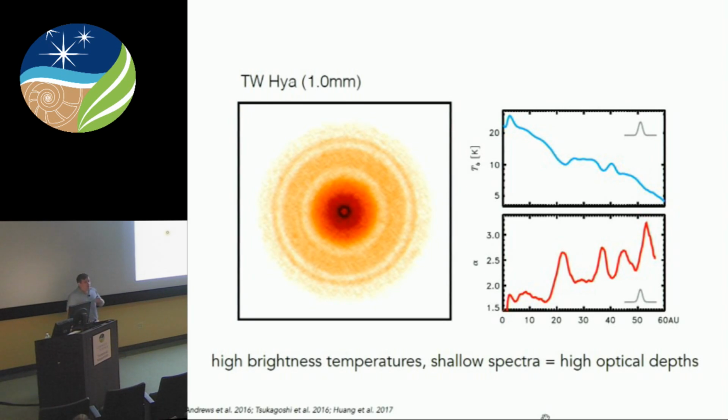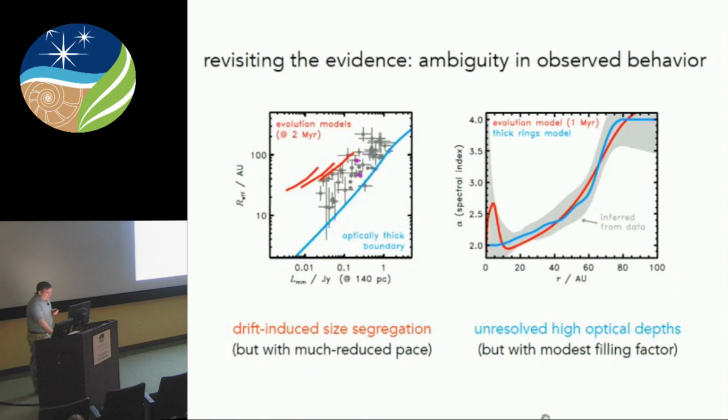So HL Tau is quite clearly optically thick out to about 40 AU. I'd say the optical depth has to be like 10 or more. TW Hydra is a much more marginal case. The optical depth is about 1, right? Because the brightness temperatures are lower than should be possible in thermal equilibrium in this system. So now I want to revisit sort of the evidence here and just state that, all right, I don't want to do too much based on 2 sources, right? But it is sort of nerve-wracking enough to consider this. And we have to reconsider how we might actually be interpreting the observations.